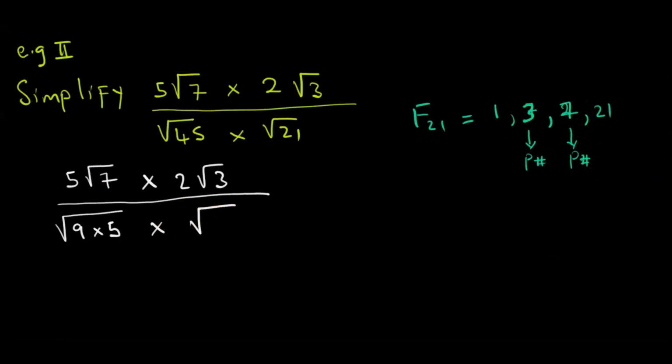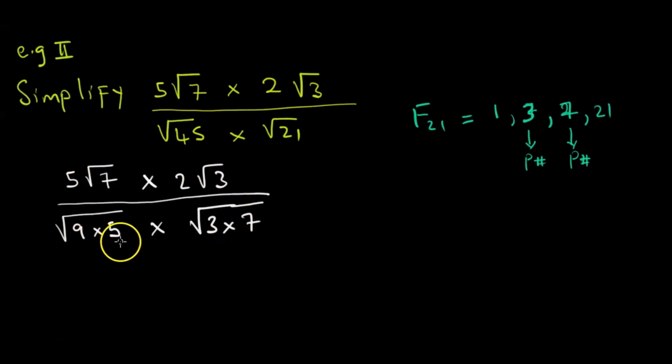So instead of writing the square root of 21, we write the square root of 3 times 7. Even though this does not simplify into any other form, it helps because we look at our numerator, which has the square root of 7 and the square root of 3. So it's wiser to simplify 21 as 3 times 7, and that is why we did it for the square root of 21.